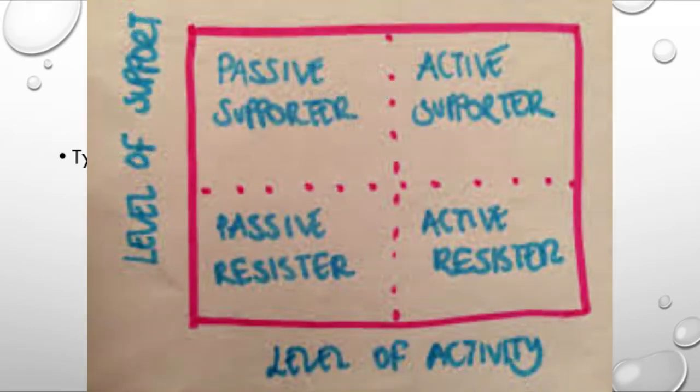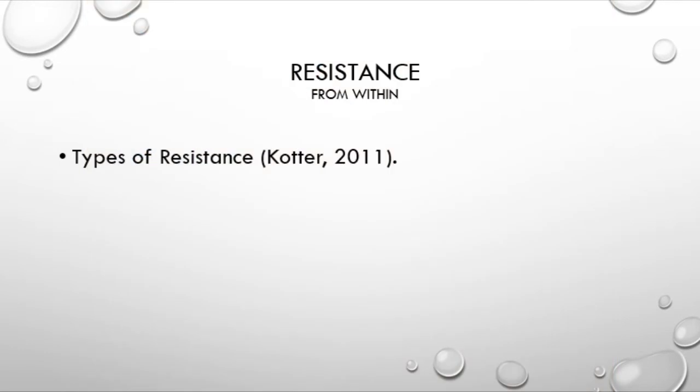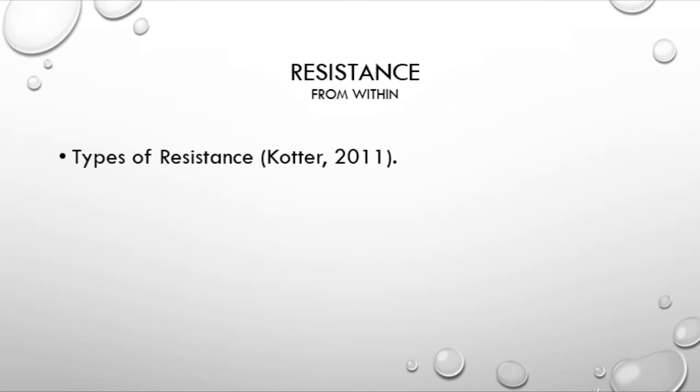Passive resistance is maybe not doing as well as you ought to do because you don't like what you're doing or you don't like the change. We highly recommend that you don't do that. The other is active resistance, and Cotter suggests that those that practice active outcries against change should be released from employment. In our case, we'll give you some slack, but not a lot, because this change has to happen for the business to stay afloat.